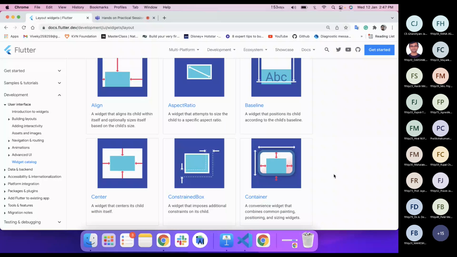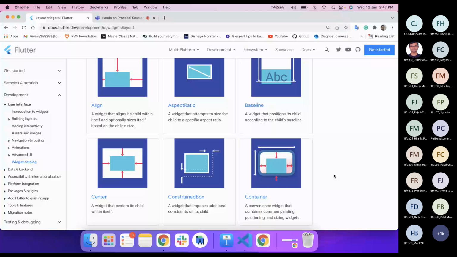So we will use stateful or stateless. We can use stateful, but we can also go for stateless, because the values will not update, and if values are not updating, then we can always go for stateless.